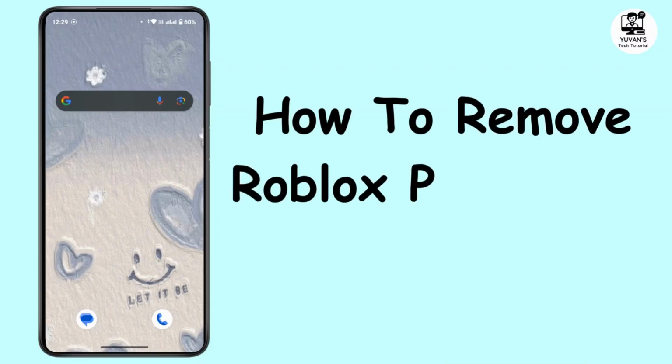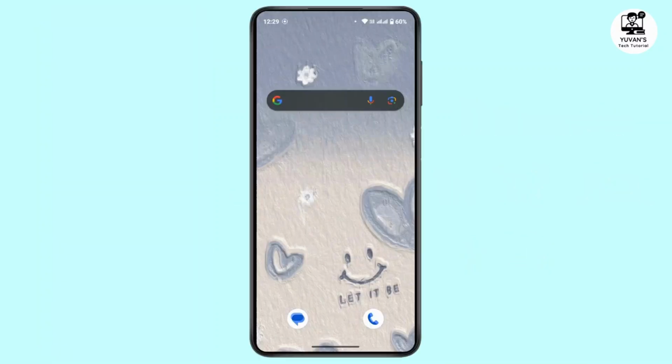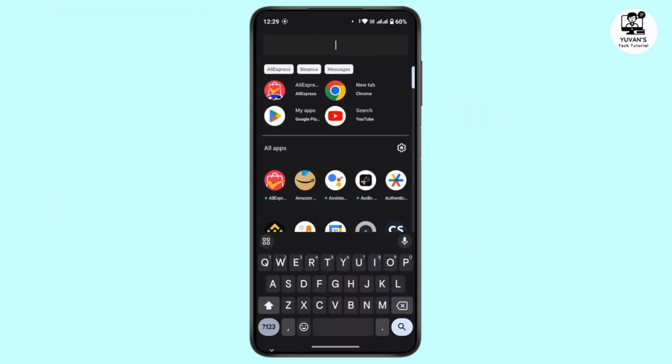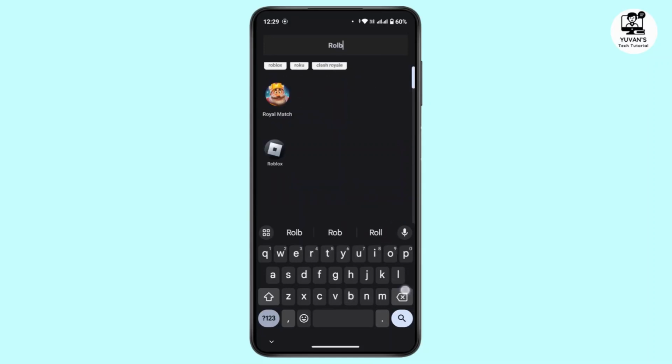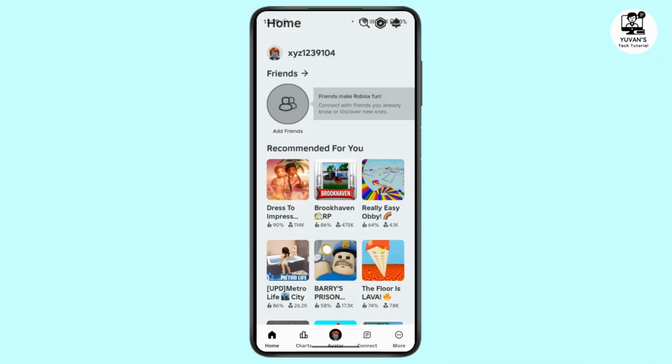How to remove Roblox PIN if you forgot it. So first of all, open up the Roblox application on your mobile device. After that, log into your account. Now, in case you forgot your PIN in Roblox and would like to remove it,